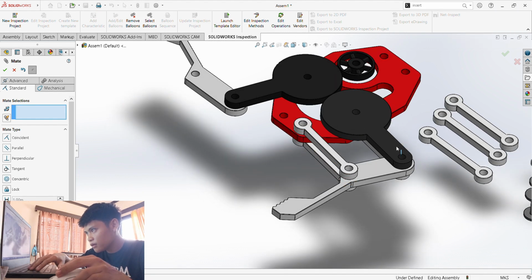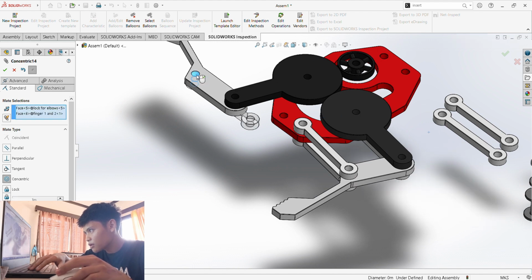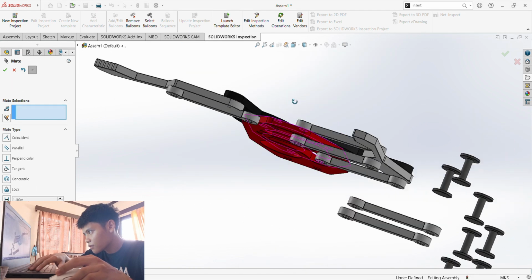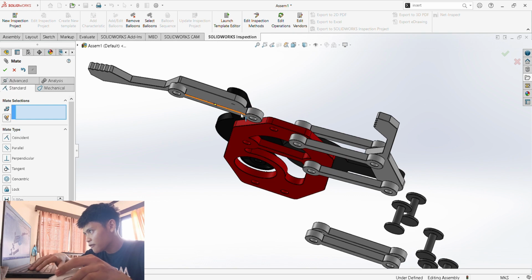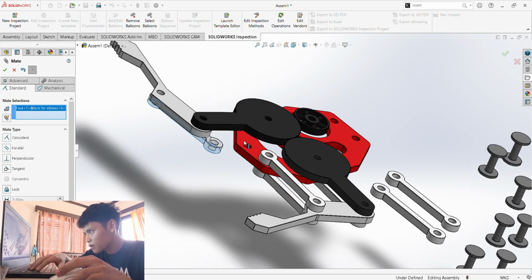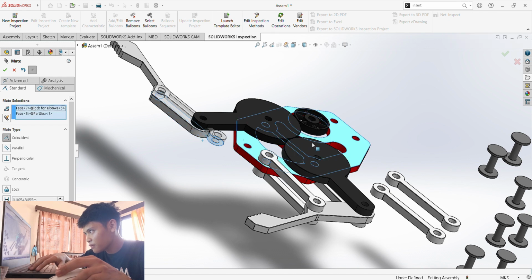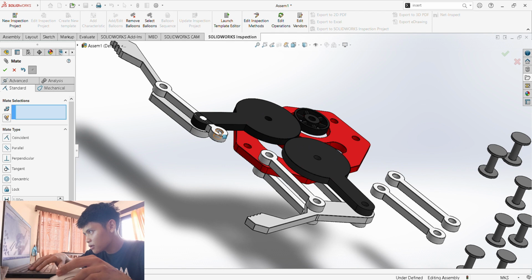Then mate this one right here with this one. Check. The surface of this one with this one should be coincident. Check. And this one should be concentric with this one.